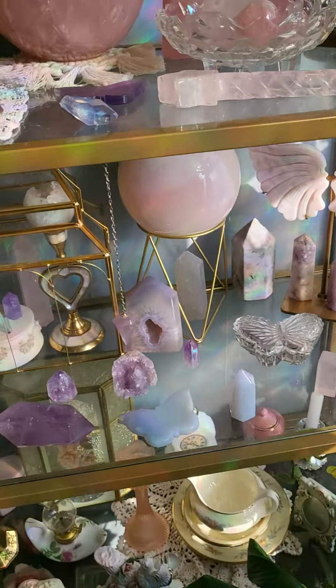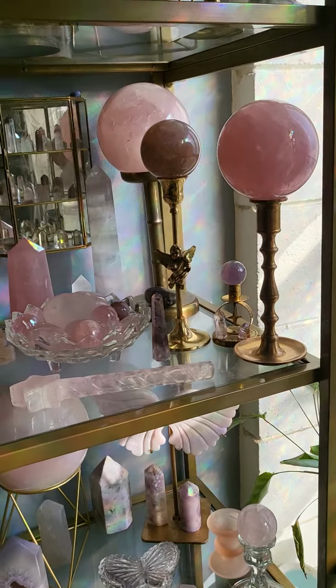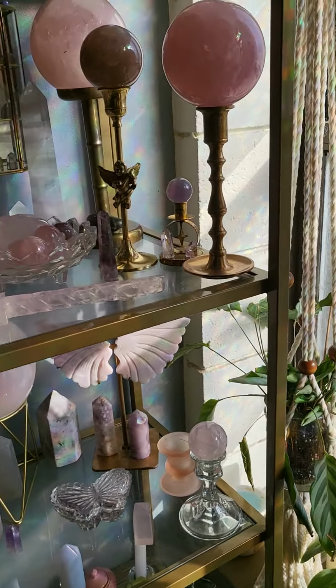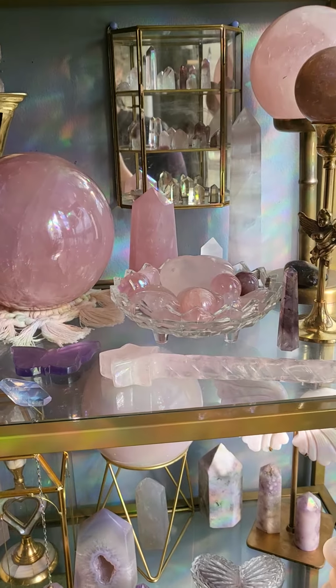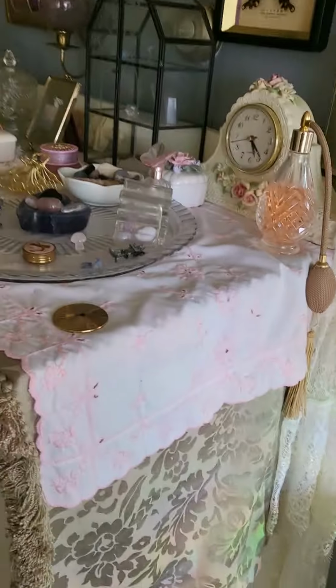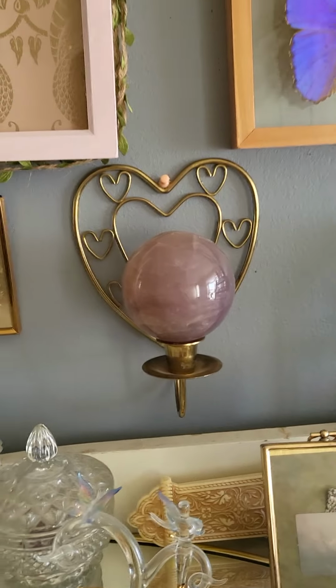And then I know I have a couple more of those spheres. I just need to find them. And all of my freaking spheres, there's so many. I lose count and don't know what to do with my life sometimes. There is this really amazing sphere over here, and I also